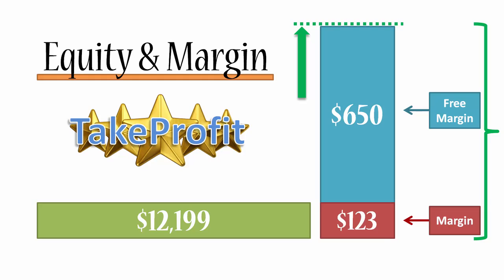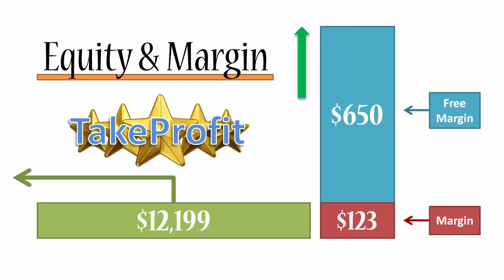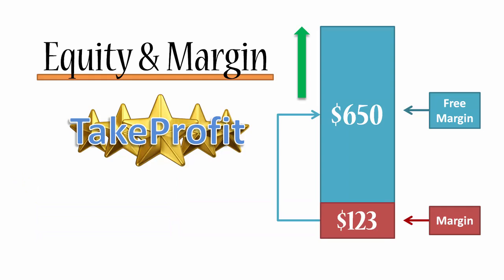At the same time, you can see that the margin is still the same, still $123, and the amount of money that you borrowed from the broker hasn't changed. It's still $12,199. So what happens next is your position closes. The broker pulls back their amount, so they take back their $12,199, and your margin is released and it is added back to your account. So it was always on your account, but now it's released and